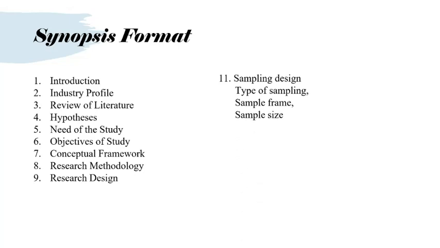Then after that you have to describe the sample size, whether you are going to have a large sample or a small sample. But sometimes the scholars just try 200, 300, 500. But why 500? Why did you not choose 499 or 501? You must have a statistical proof for choosing the size of the sample. So you should know why you are selecting, let's say, 200 samples. That completely depends upon whether your population is finite or infinite. So then you can Google, there are different kinds of formulas for finite population and infinite population.